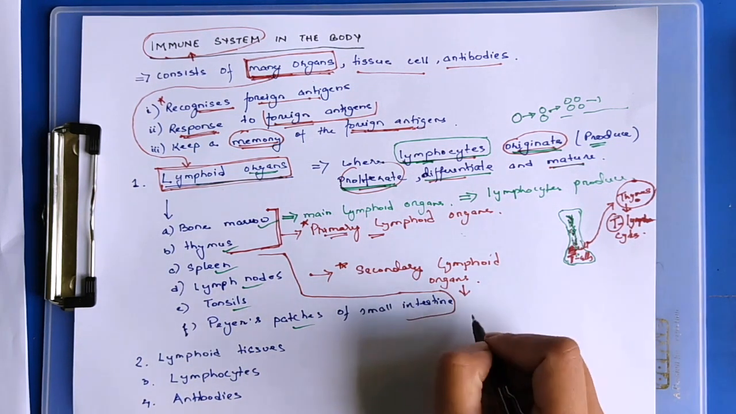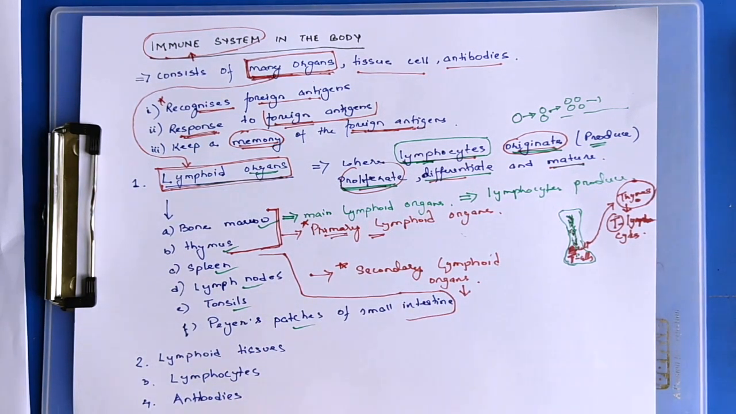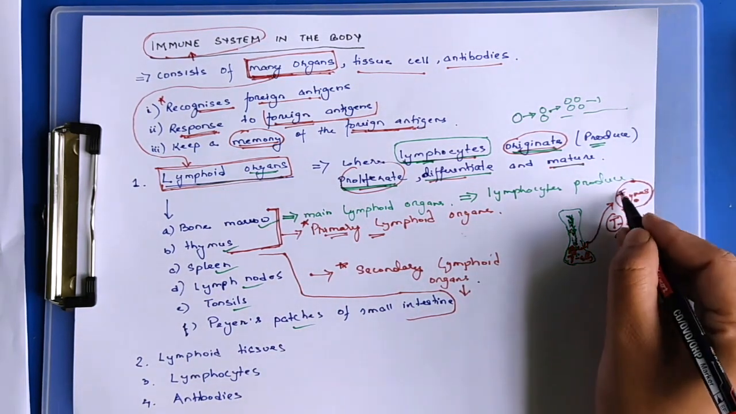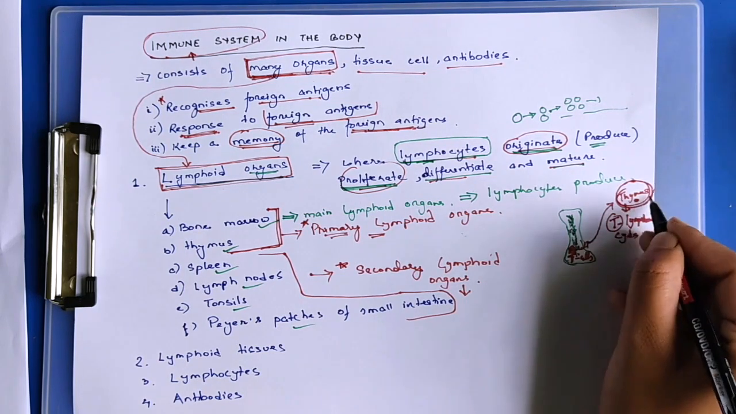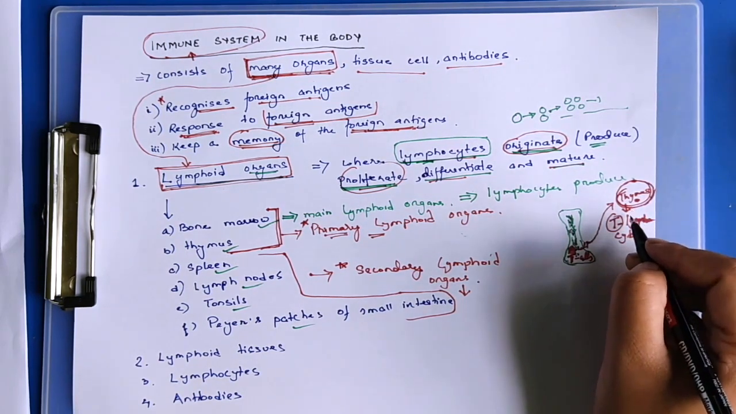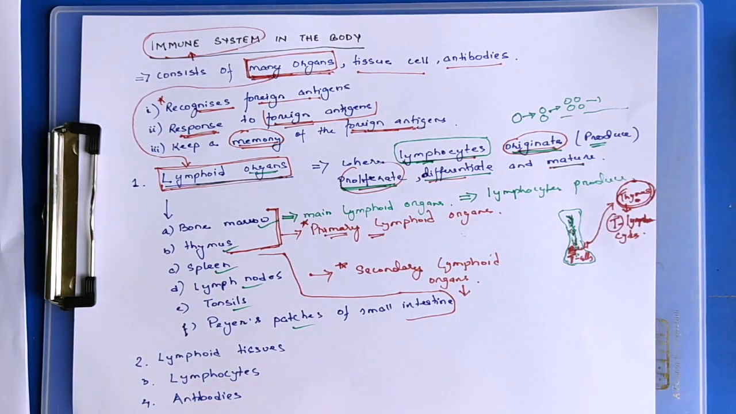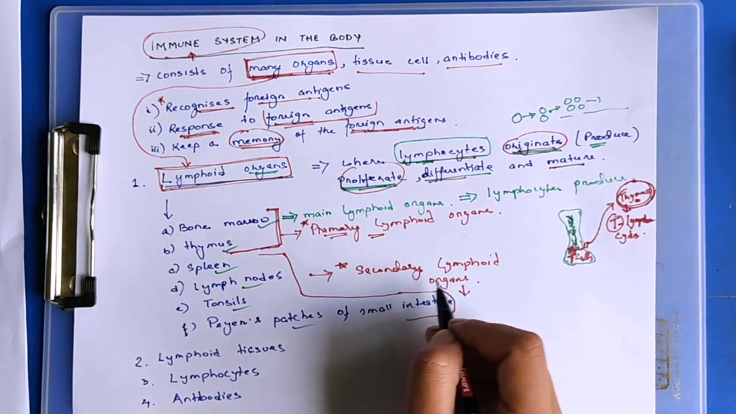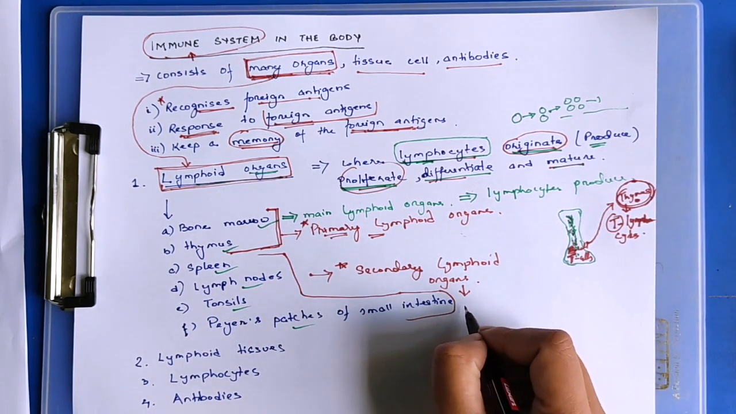In these organs, lymphocytes are not produced, proliferated, differentiated or matured. The lymphocytes are already matured in the thymus, so they are able to fight or recognize antigens or foreign particles. The secondary lymphoid organs are